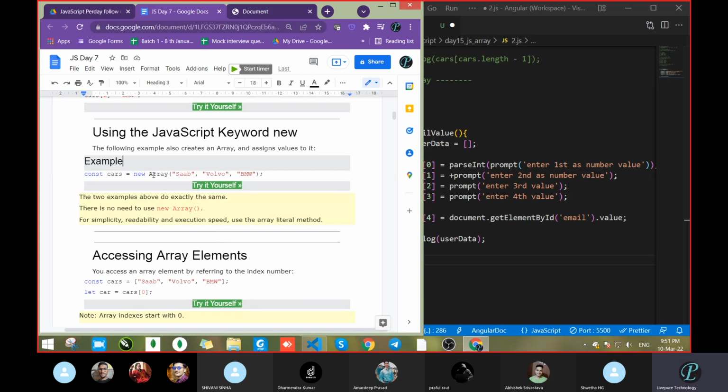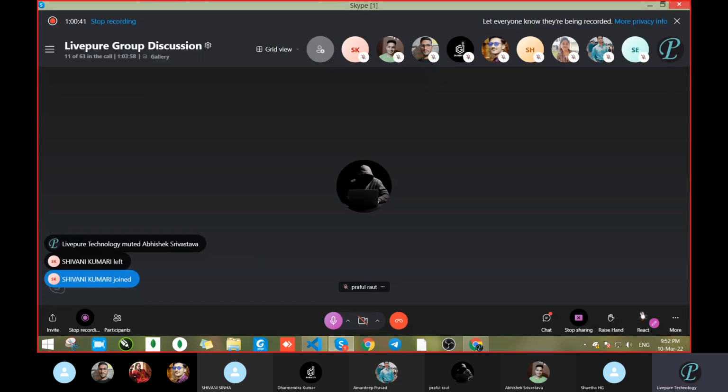So here we can write const cars equal to new Array, and pass all the data like a string. In the case of a string, we wrote const car equal to new String and passed string data. Clear? Getting it or not?